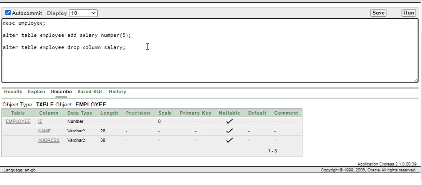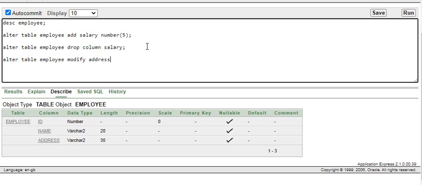Then I want to modify an existing column. For example, I am taking the address, which by default has the data type varchar2 and length 30. Now I want to change the size of the address. Then we write alter table employee modify, meaning we are changing. Which column are we changing?